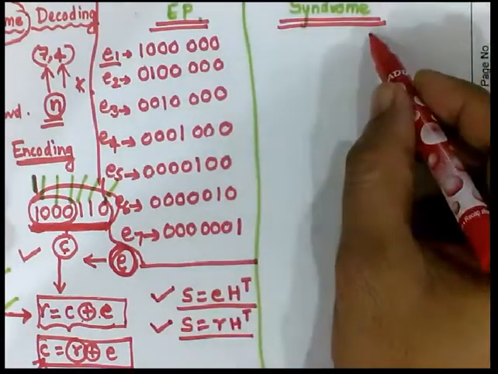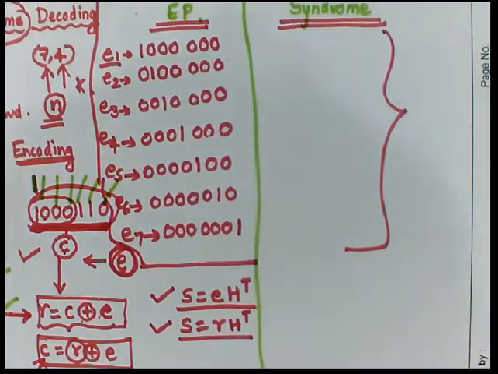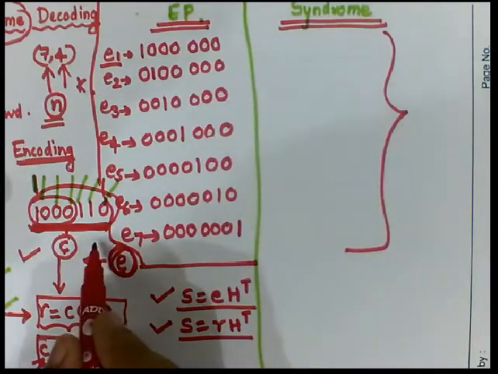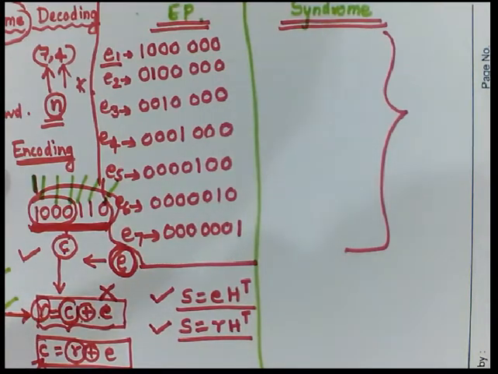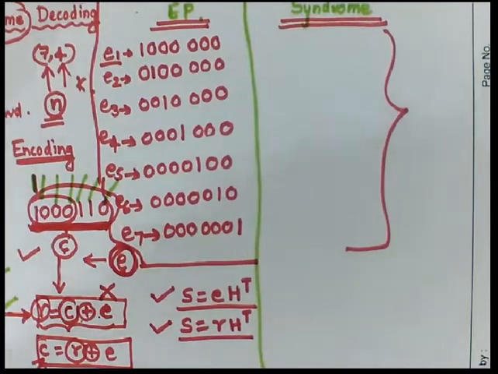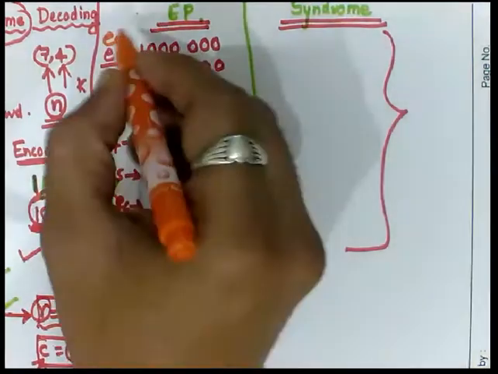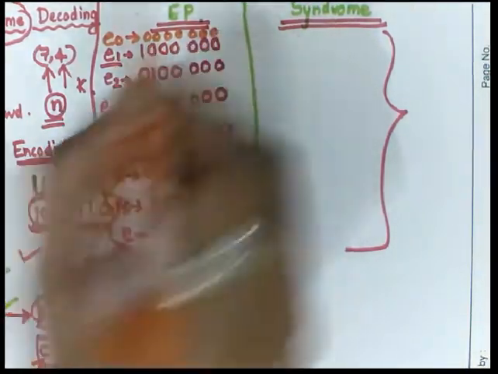Now these syndromes can be with any error pattern. If we assume that whatever we transmitted, that is C, and the same is received, there will not be any error. इसका मतलब है कि जो भी रिसीव किया है वो इक्वल टू ट्रांसमिटेड कोड वर्ड होगा. So for that we can define the additional error pattern, that is nothing but E0. E0 का मतलब है यहाँ पे किसी भी लोकेशन पे एरर नहीं.